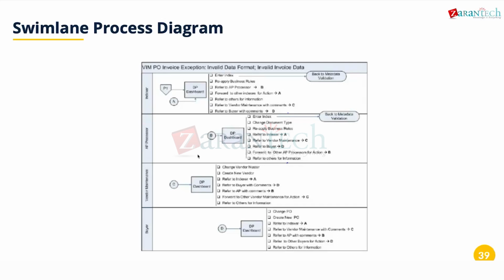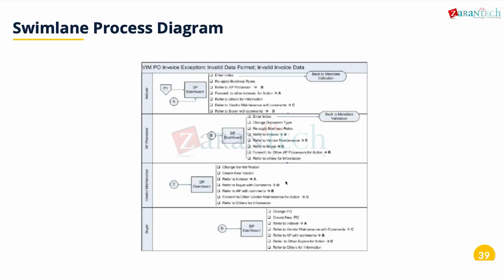Now, the vendor maintenance team can do two things. Either they can say that's okay, you can skip that and go ahead, or they can change the vendor master because they have new vendor information. Again, there are two things. For a vendor master change, it's master data, so it can be a different set of rules in each organization. They can trigger that